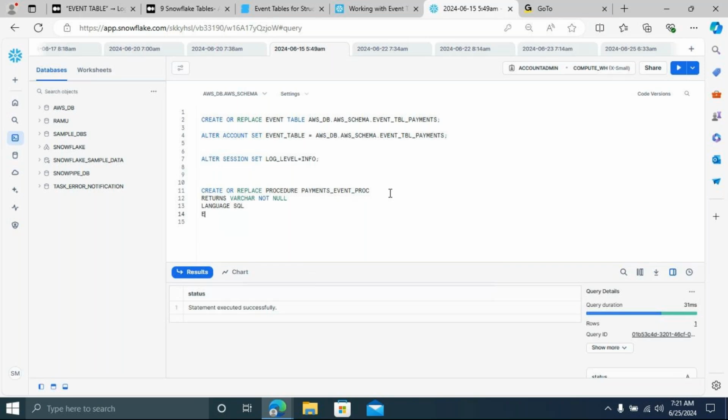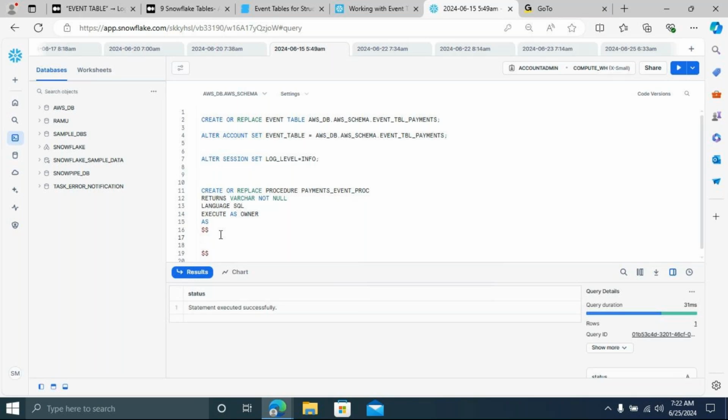Now I'm going to execute as owner, because the account admin has the ownership and all the privileges. Then give as, and now you can use the double dollar. From here the body of the procedure will start, and at the end you also have to put double dollars.